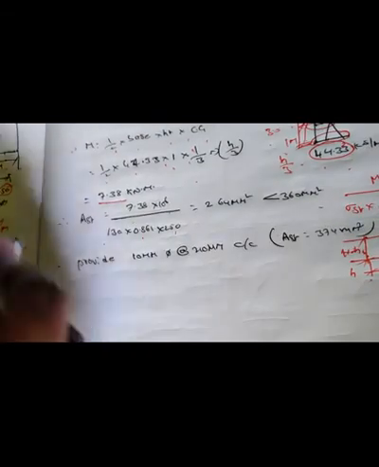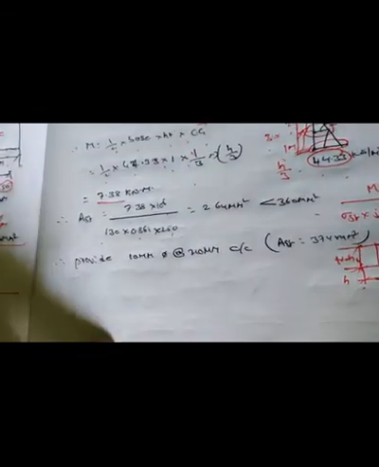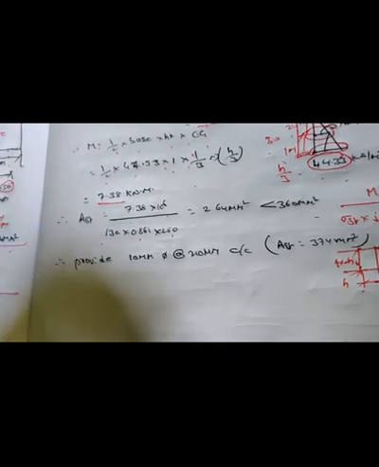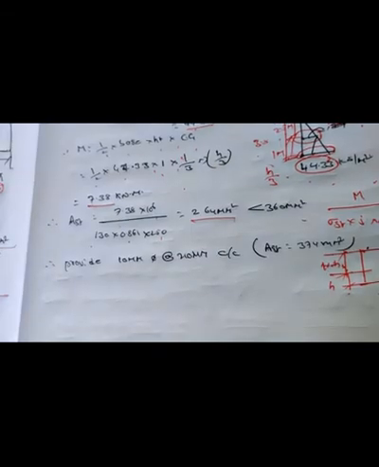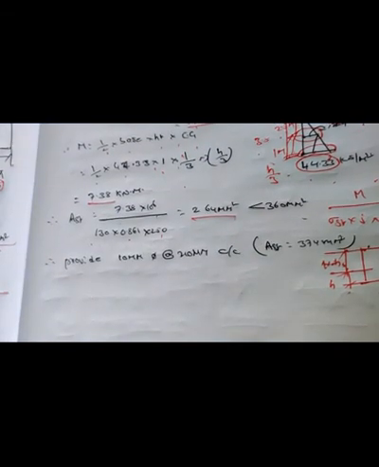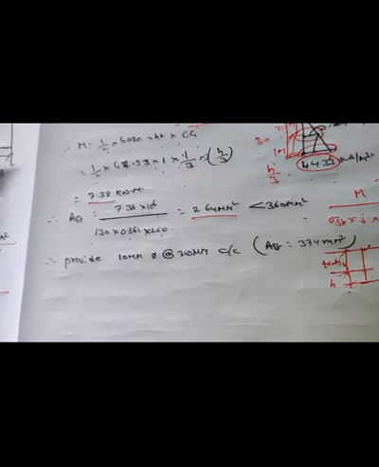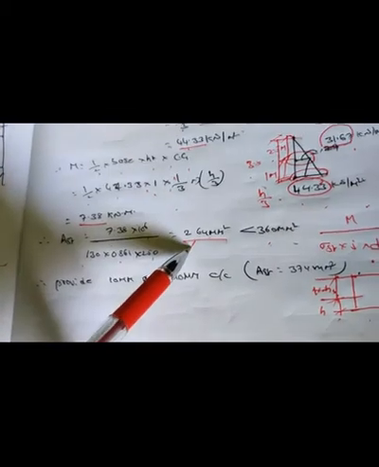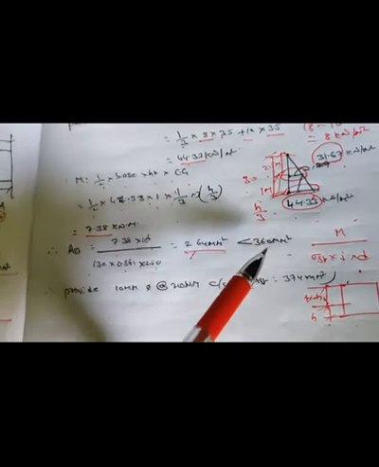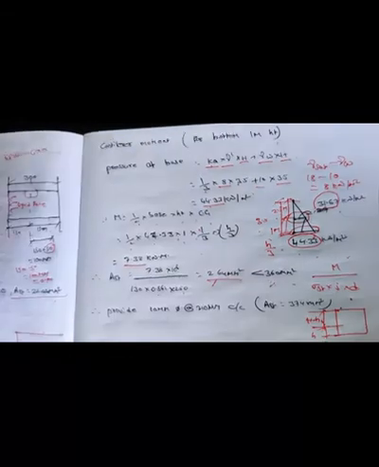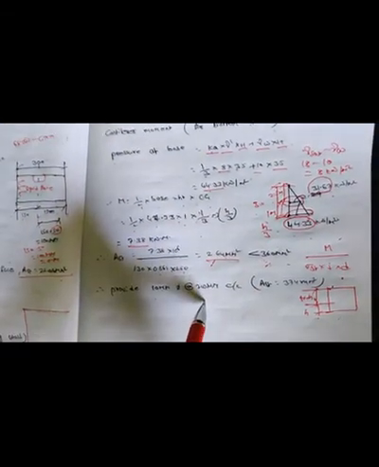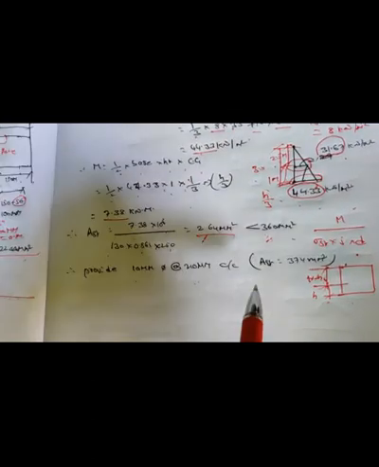Again for suppose depth we have found, small d is equal to 250, capital D is equal to 250 plus 50, that is clear cover. By calculating this value, 264 mm square. Now here the condition is, what is our AST minimum? 360 mm square. As it is less than this value, I have to provide here 360 mm square itself. Why? Because of our safety purpose. Now AST provided is 10 mm dia at the rate of 210 mm center to center. If I am calculating this value, overall AST is 374 mm square.